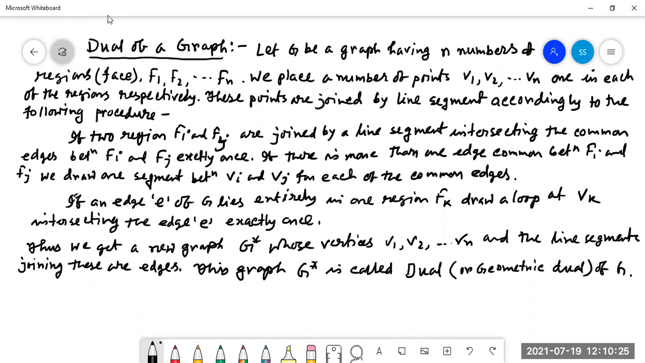At first, we have to put a vertex in each face. There are n faces F1, F2, Fn, and there are n vertices V1, V2, Vn. Then first we have to put in every face or region one